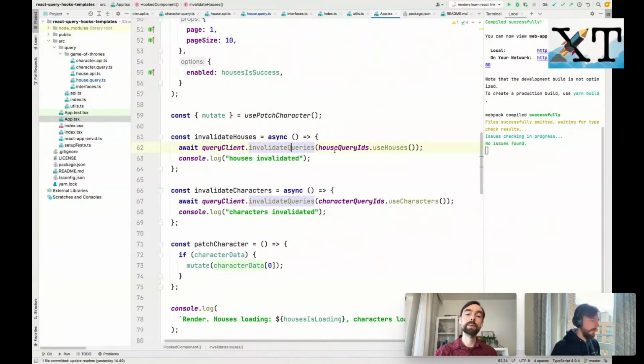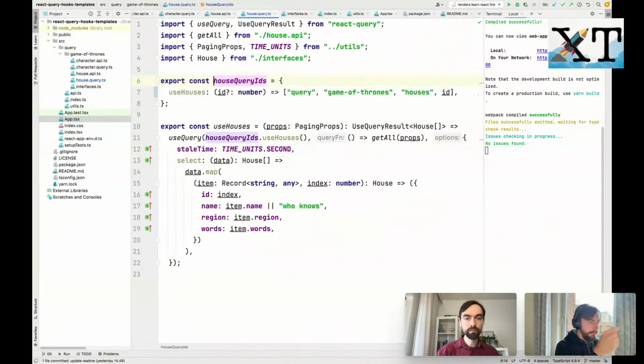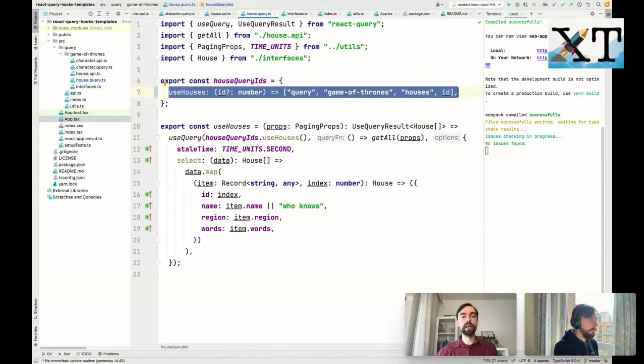And that's why it's very important to have all the keys stored in some functions or constants so that we can reuse it outside of the query definition. So house query IDs is a constant that specify for caching, or is it? It is a function which is specified for caching, and it is defined in the same file where the query is, but it can